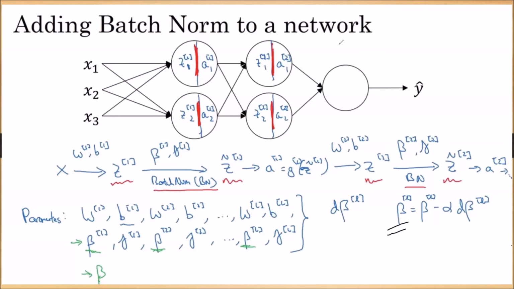This is how we use batch normalization: we are simply normalizing the z values. Because we have normalized the z values, now we are getting the proper outputs from the first layer activation units. We are using these as inputs for the second layer. Again, we are normalizing the z values of the second layer, and to normalize these z values we are using gamma and beta. Okay, this is how we implement batch normalization for the hidden layers of the neural network.